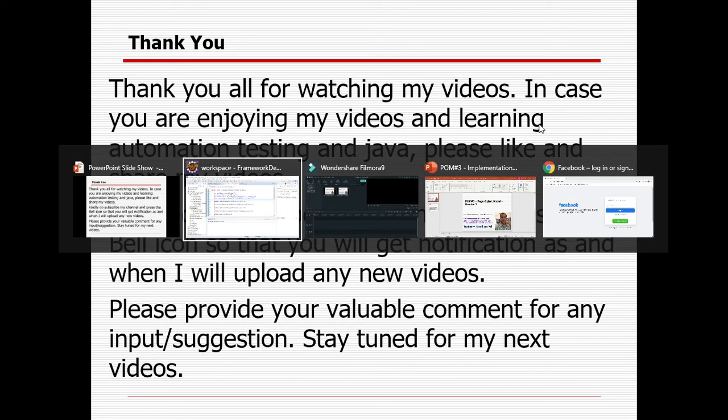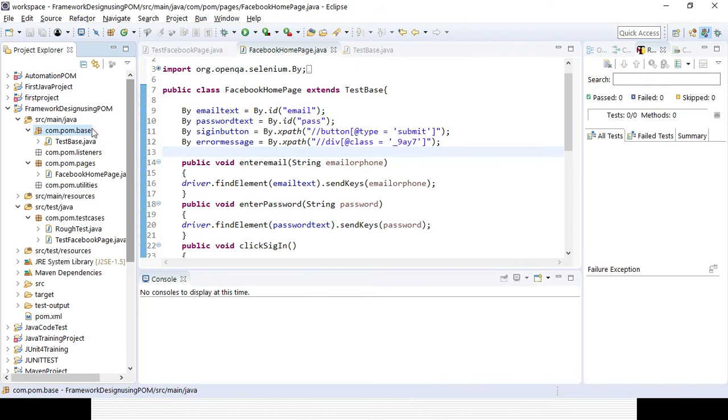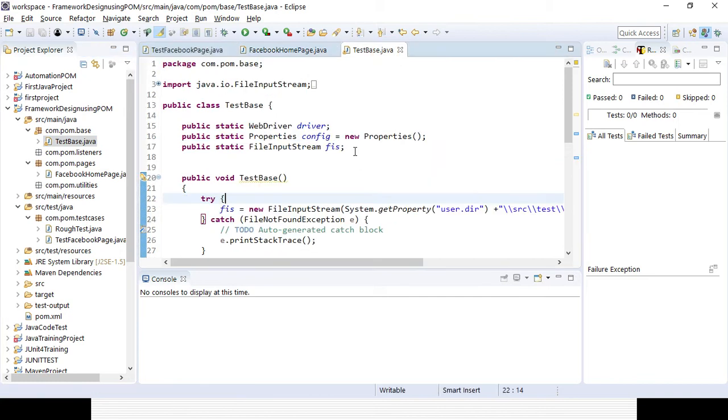So in my last two framework sessions, you already noticed how we can create different packages for implementing the page object model. We created 4 packages in the src main Java folder: base package, listener package, pages package, and utilities package. As of now, we did not use the listener and utilities packages. We created the test base class in the base package, where we have written all the basic annotations, methods or functions for